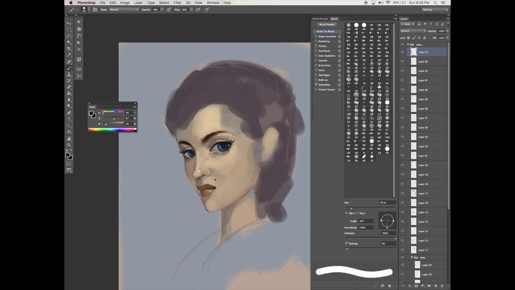Now it's a little too light. Remember that the shadow is coming in from the left. So we're going to darken that up a little bit more again. And I'm just lightly painting in these strokes.